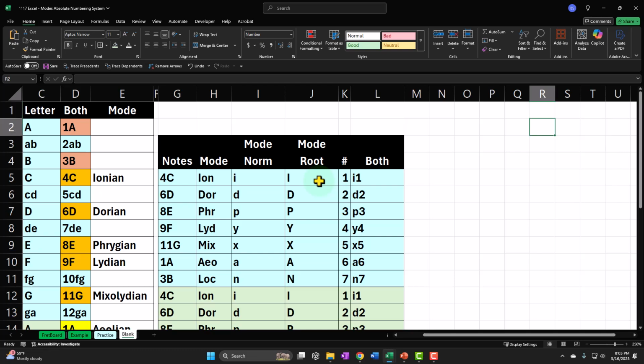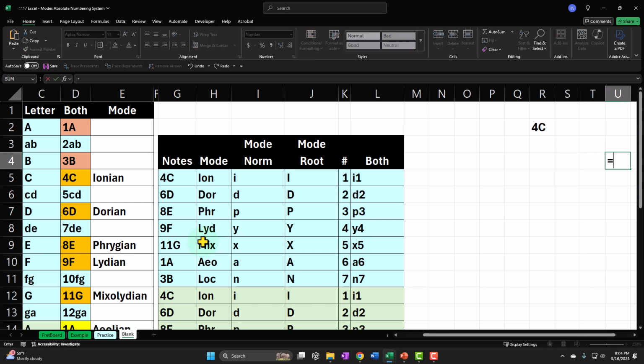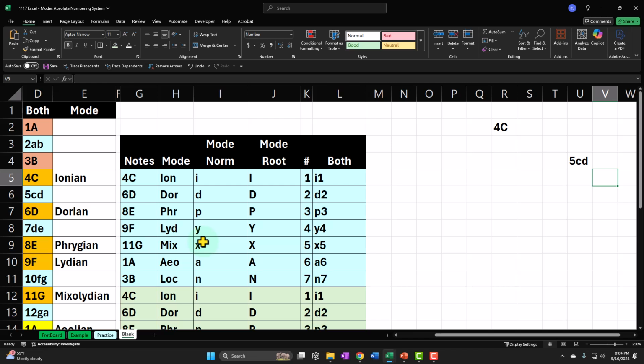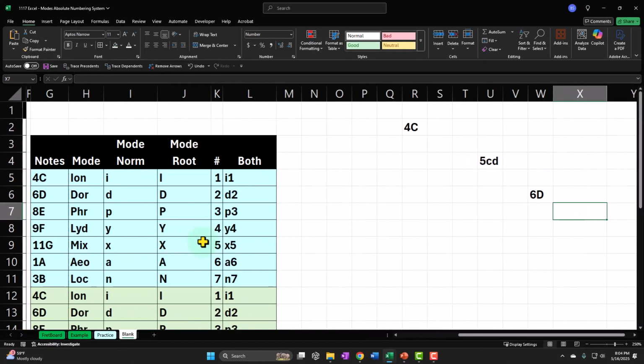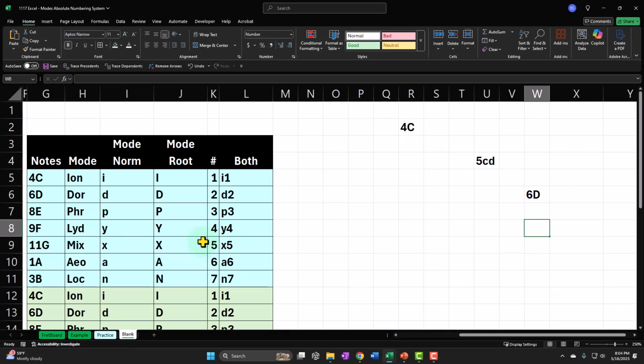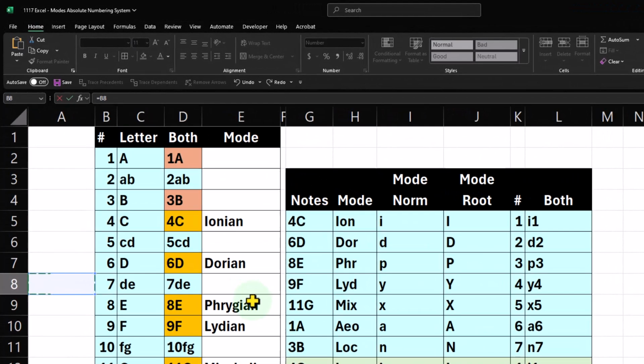Let's make this. So this is going to be equal to the C. Let's recreate our circle. And now we'll add to the circle, the inside of the circle, these 7 notes. So on the outside of the circle, we can think about it as this is U and U5. We're going to say this is going to be equal to this one, and then in W7, that's going to equal this one, and then in W8 is going to equal the one after the D,